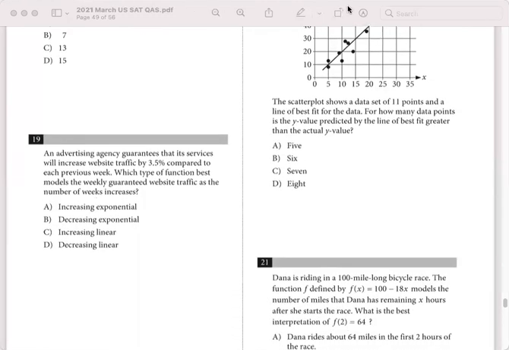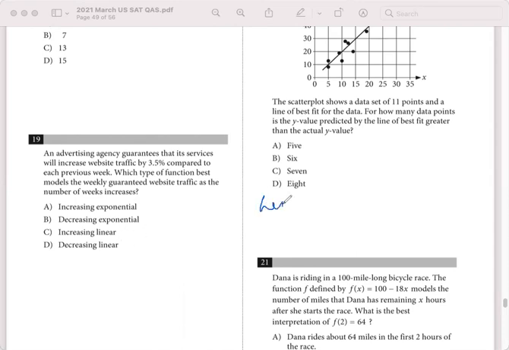Okay. An advertising agency guarantees that its services will increase website traffic by 3.5% compared to each previous week. Which type of function best models the weekly guaranteed website traffic as the number of weeks increases? So this is something you can actually remember once we have discussed it, and this is something which is simple,